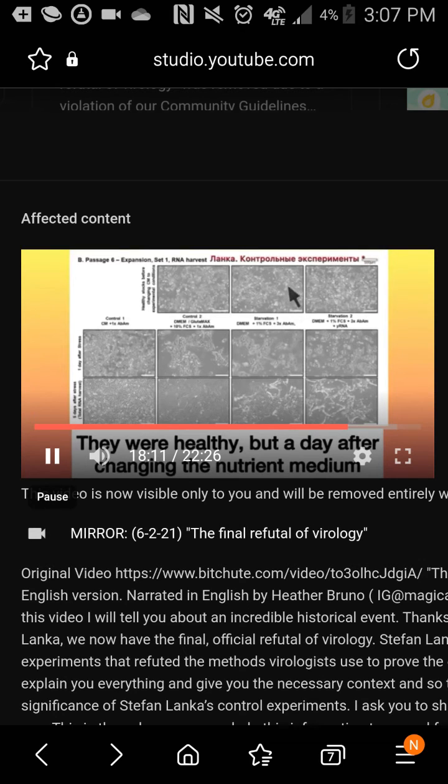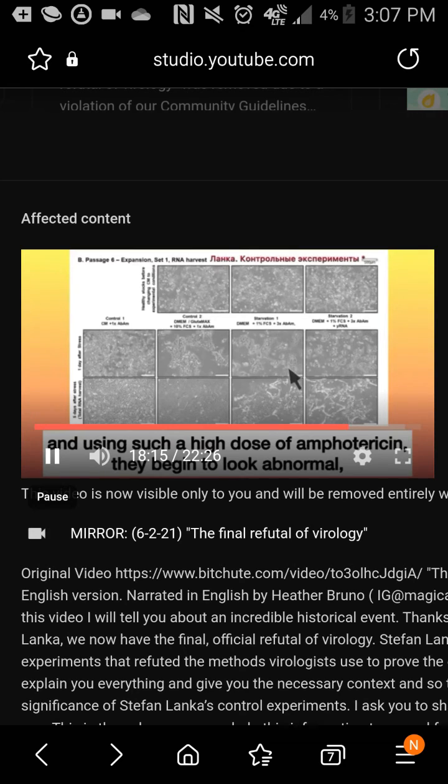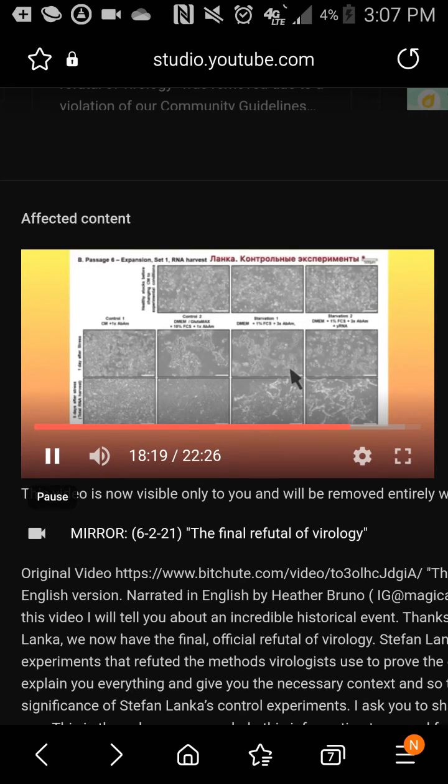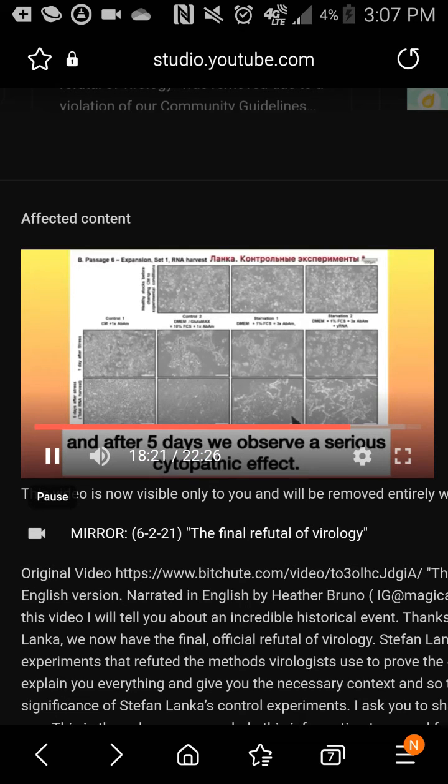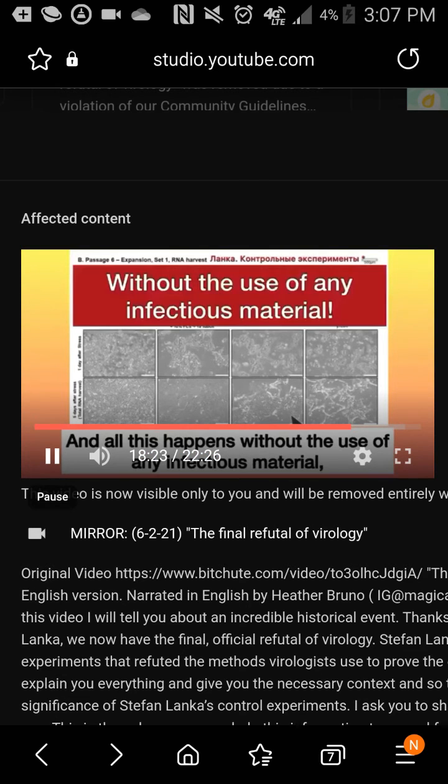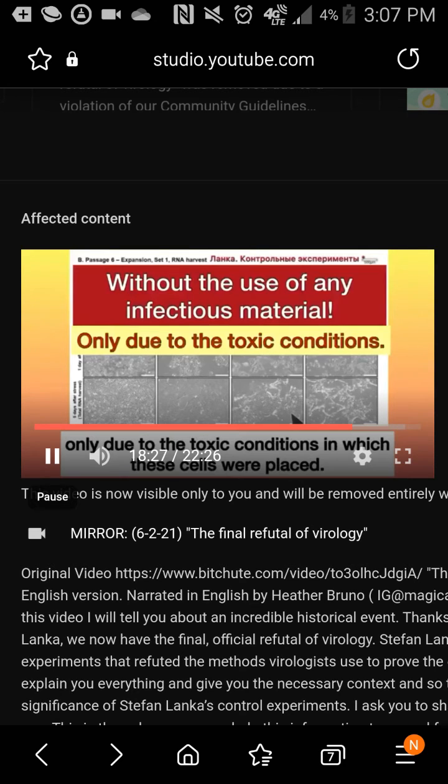They were healthy, but a few days after changing the nutrient medium and using such a high dose of amphotericin, they begin to look abnormal. And after 5 days, we observe a serious cytopathic effect. And all this happens without the use of any infectious material, only due to the toxic conditions in which these